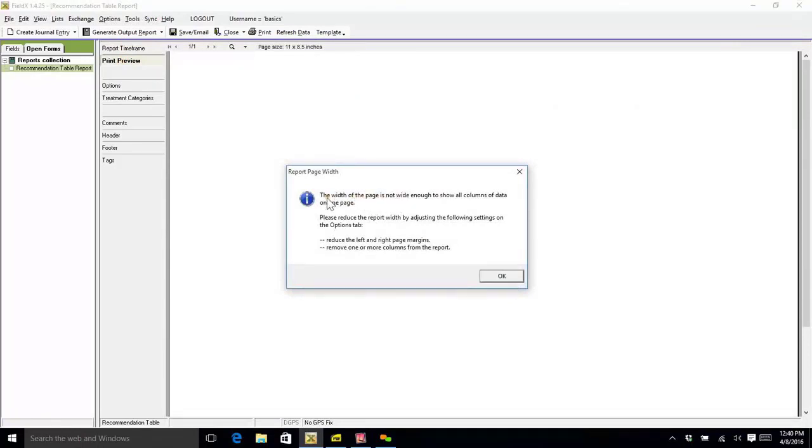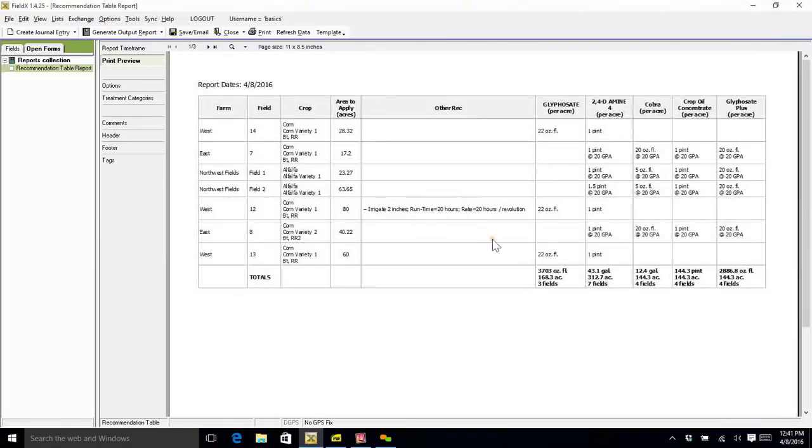Now, this is a table, and if you have quite a few different data fields included here, or quite a bit of information in it, you might get this warning saying that the width of the page is not wide enough to show all of the columns. You can change the margins or change the data in it to deal with that if you're wanting to print it. Okay, so what I can do,